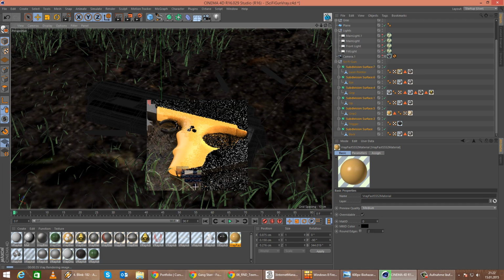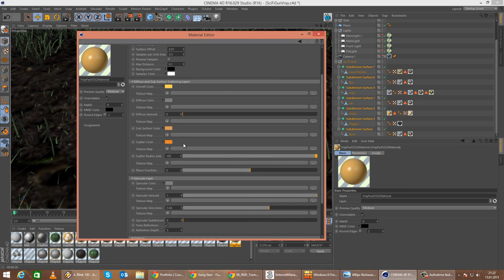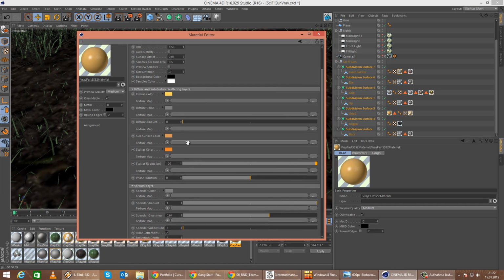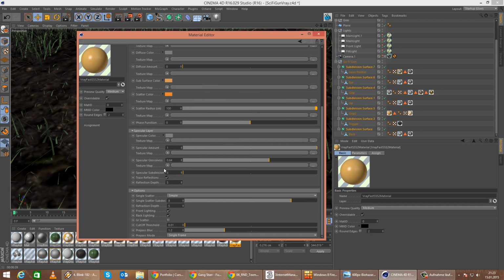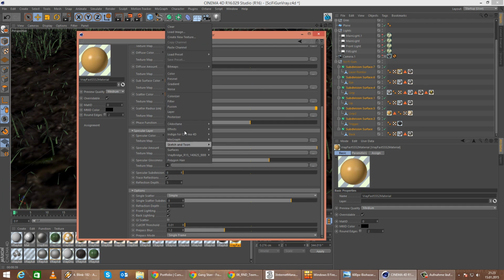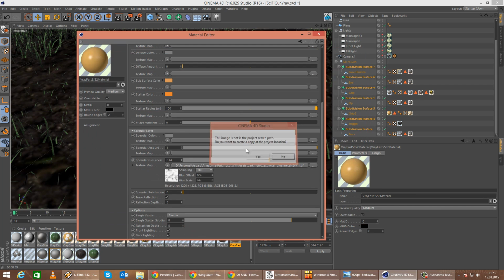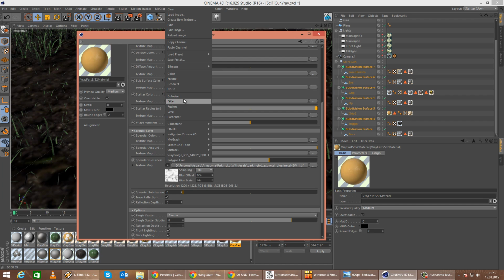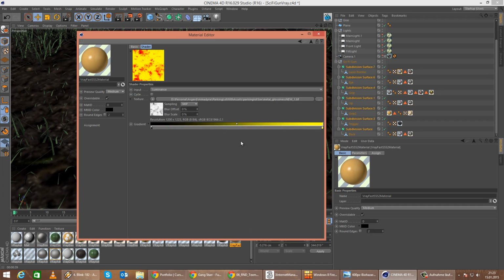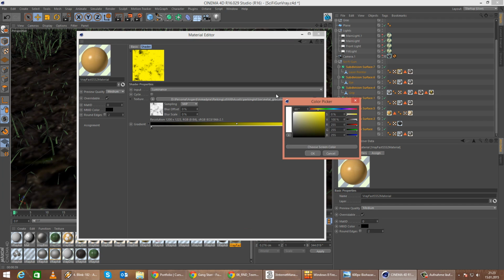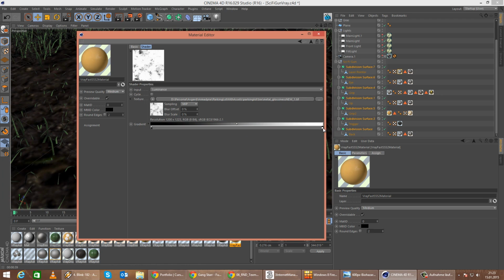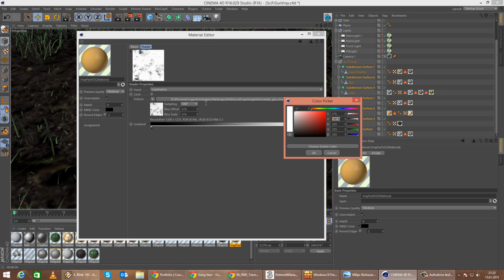Okay, the last thing that I want to do is add a little bit of a glossiness map here on the plastic. So we just go, where is it again? Specular glossiness. We'll jump in here and load an image, probably the metal glossiness map that I have here. And then we go colorizer, make it black and white. And where it's white, I want to have it at, let's say,